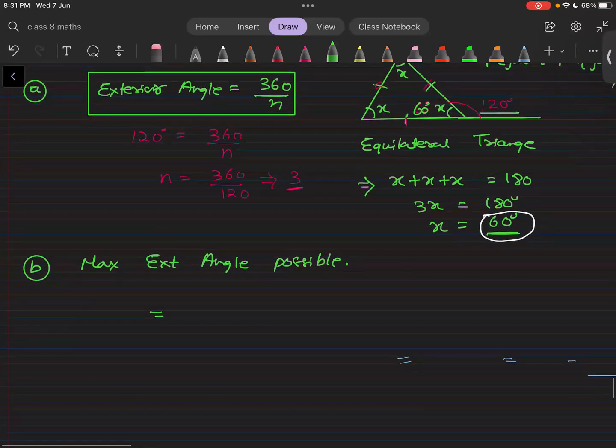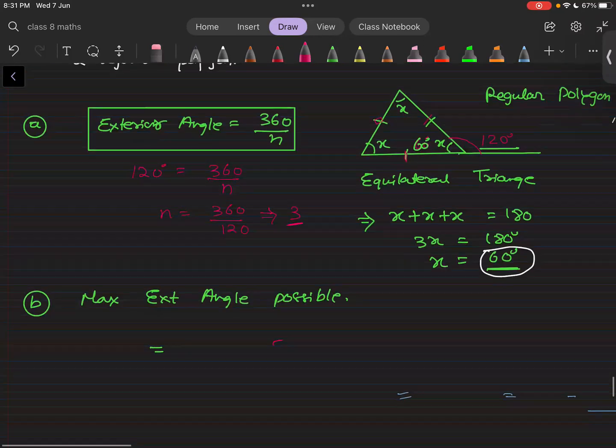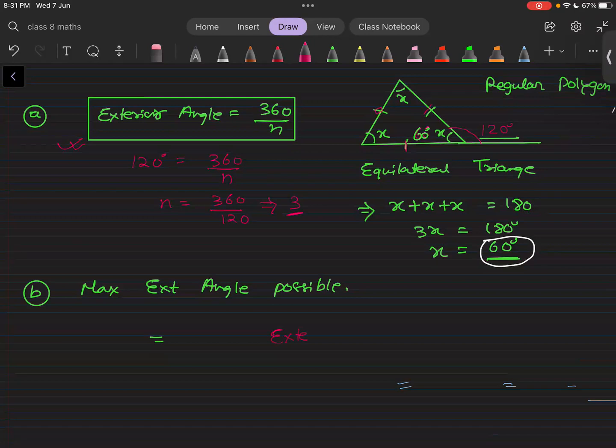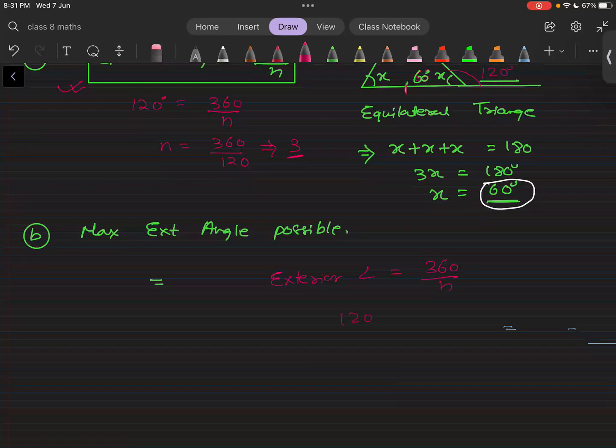Let me explain how. If you were to find the number of sides, then for the exterior angle, by putting the formula in, you will find the number of sides. Look, that is going to be what? Exterior angle equals 360 upon n here. Right, guys? So we found it to be 120. So 120 equals 360 upon n. So n here gave me 360 upon 120, that is 3. Right, guys? So that is the maximum possible value. So let's say we take a value